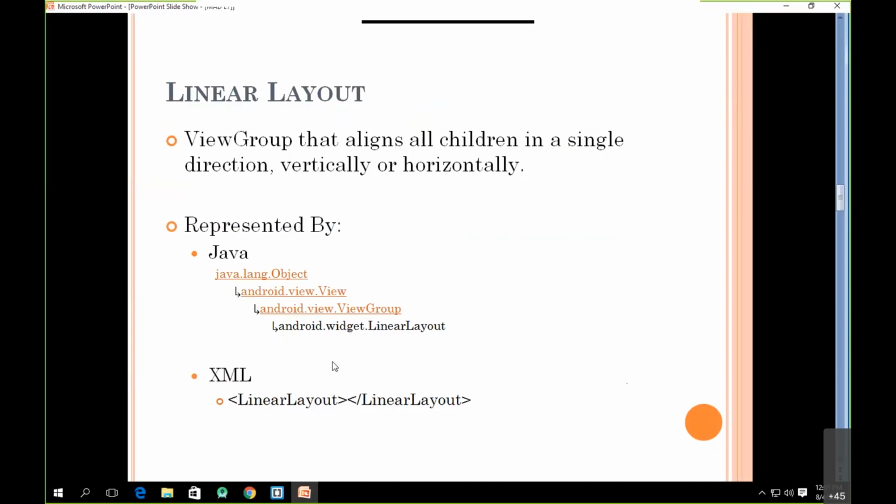Now, always remember, whatever things we are going to see from today will have two representations. One representation is the Java representation, so that we can refer to that entity in our Java file, and another representation is an XML representation.